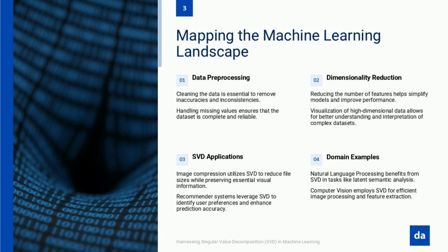Consider how different machine learning domains implement this architectural pattern. In computer vision pipelines, raw pixel data from images needs extensive transformation before neural networks can effectively process it. SVD plays a key role here, enabling image compression and feature extraction that makes subsequent processing more efficient. Rather than feeding thousands of raw pixel values into a model, SVD can extract the essential visual patterns that distinguish